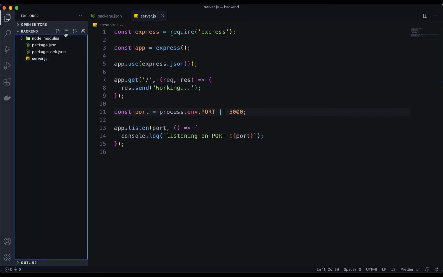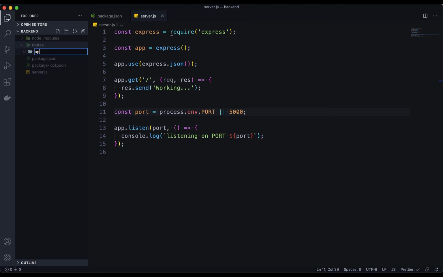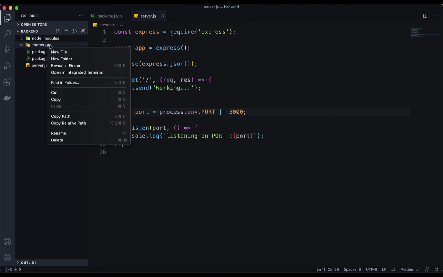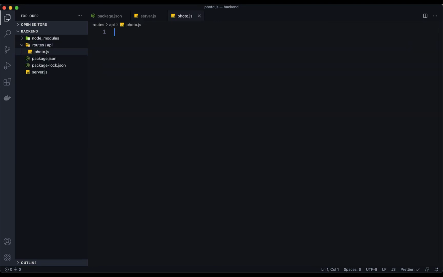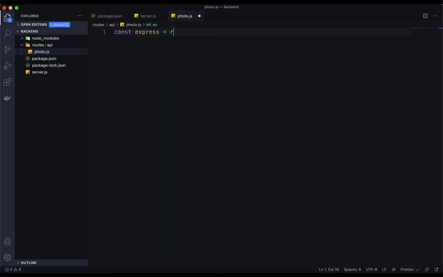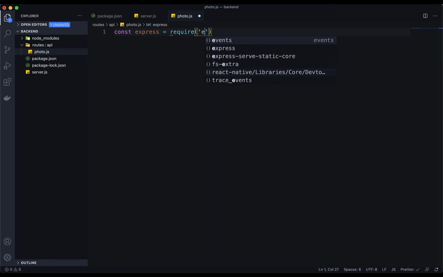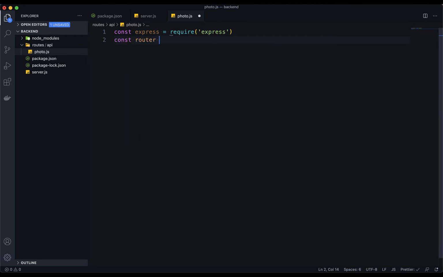So in the root directory, create a new folder called routes. Inside the routes folder, create another folder called API. Inside this API folder, create a new file called photo.js. Inside, type const express = require express, const router